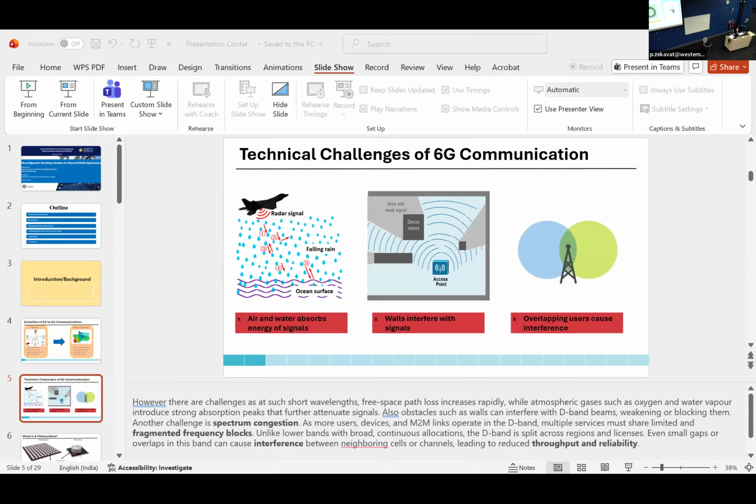HFSS simulation, I designed and simulated a meta-atom which includes a square Rogers substrate with 0.254 millimeter thickness to stabilize the resonance, and two square split ring resonators on the top layer and a circular one on the bottom with zero thickness, and all being perfect electric conductors. So they behave like LC resonance circuits where the metal rings provide inductance and the gaps act as capacitors, together determining the resonant frequency where the electromagnetic waves are reflected, creating the stop band.